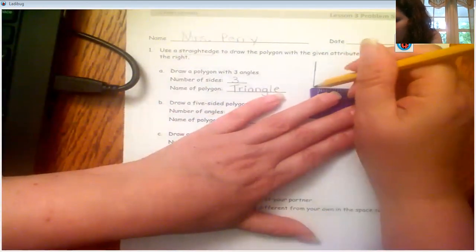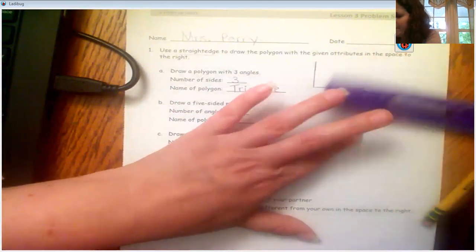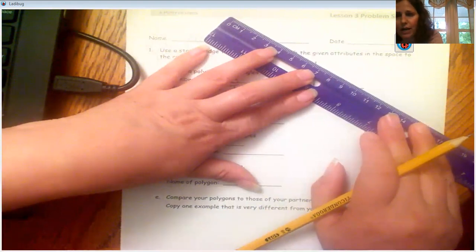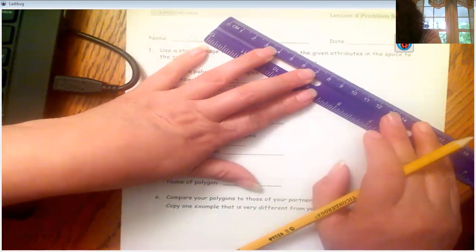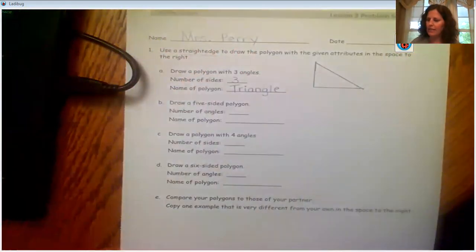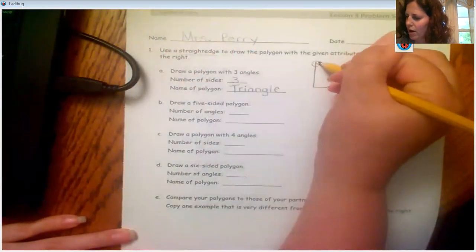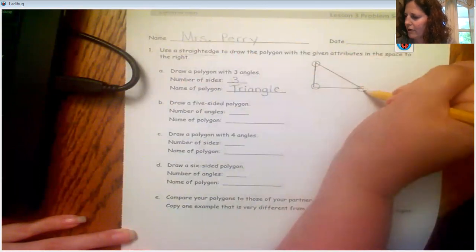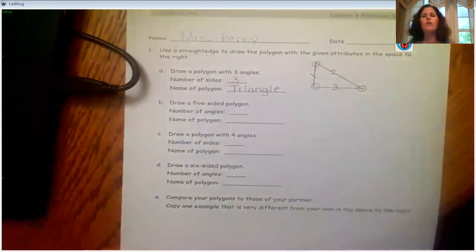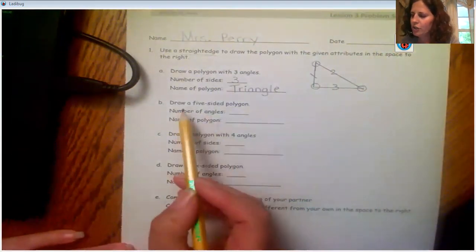So I'm going to pull out here. And then I'm going to use my straight edge to connect those 2 points. Okay, and there's my 1, 2, 3 angles and 1, 2, 3 sides. You don't need to label that. I just wanted to show you. All right, draw a